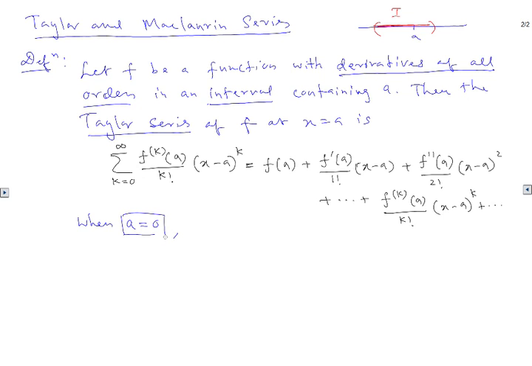When a equals 0, it is called the Maclaurin series. It is interesting actually. Maclaurin series came after the Taylor series. So this is a very rare situation. Okay, and it is given by